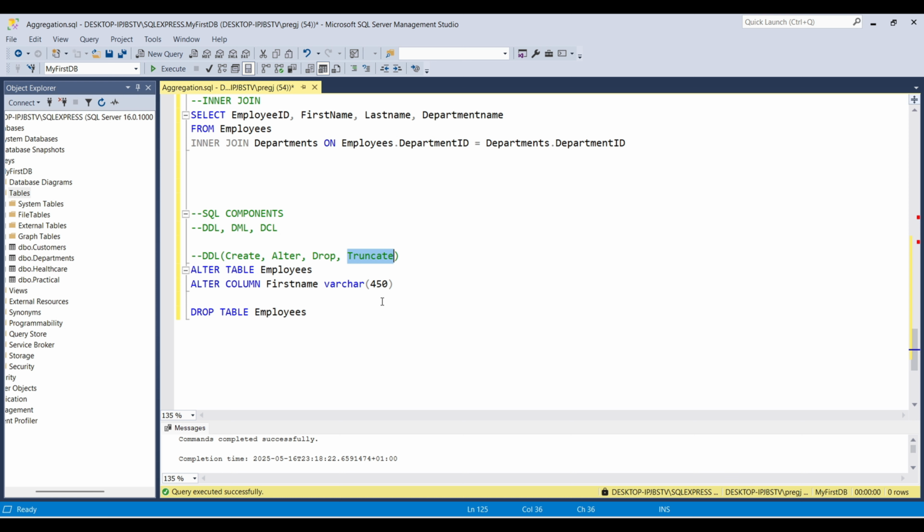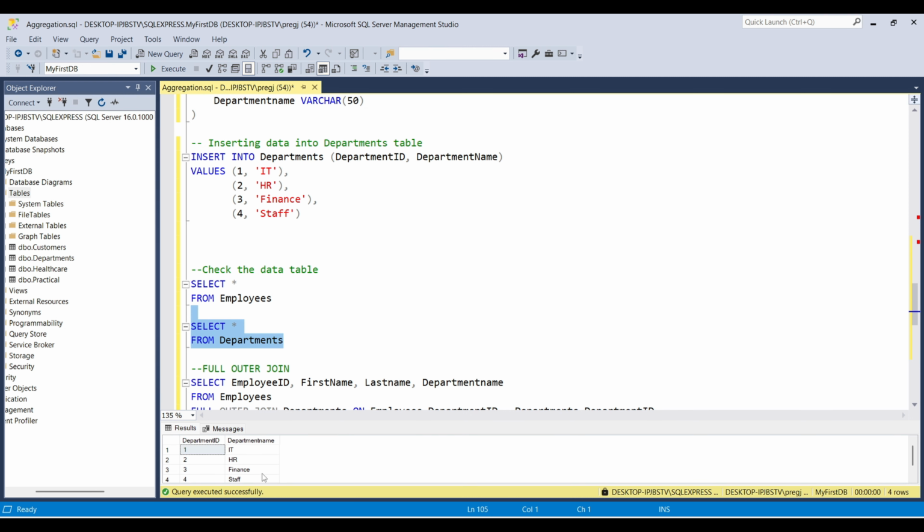Truncate is used to delete all rows from a table. I said drop is used to delete. And now I'm sure you're already wondering that I'm saying truncate is used to delete again. So what's now the difference? When you use drop, drop is going to delete everything. Like the table will no longer exist or the database will no longer exist. But when you use truncate, truncate will delete all rows from the table, but the table structure will remain,